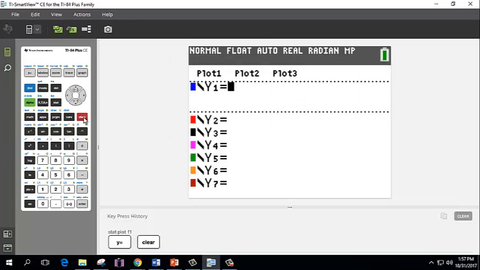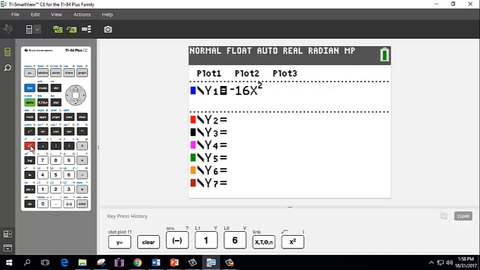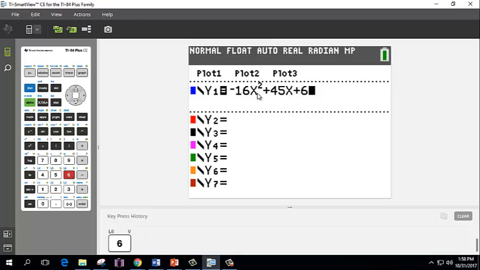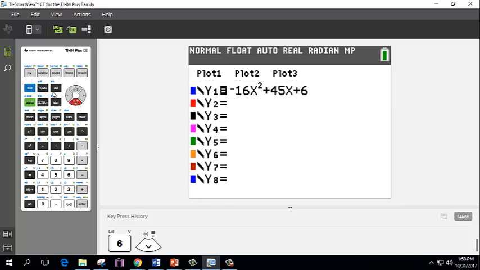My window is probably going to change, but we're going to keep it as is and just plug in our values. So we have our first equation, which was negative 16. Remember, the t becomes an x, quantity squared, plus 45t, plus the 6. Double check, make sure you have everything in place. The negative is not a minus sign, it's a negative, so it's this button here, not this button, because you'll get an error. Your x squared, 45x, and the plus 6, so that one's good. Now I'm going to go down and type in the second one, which is y equals